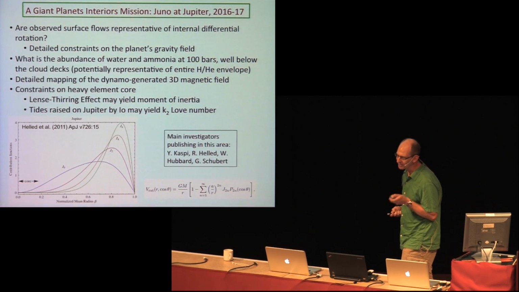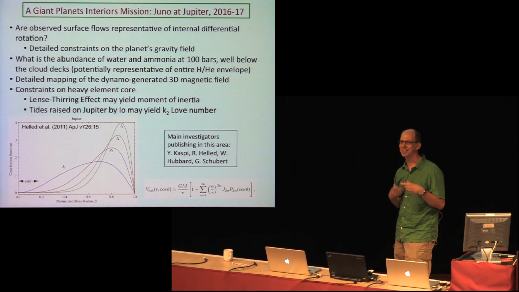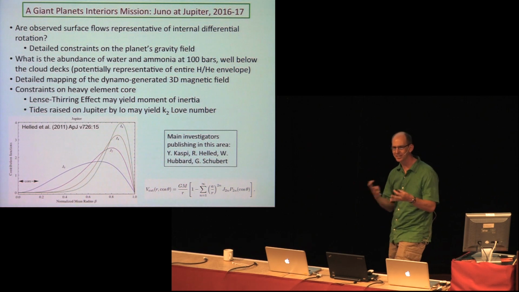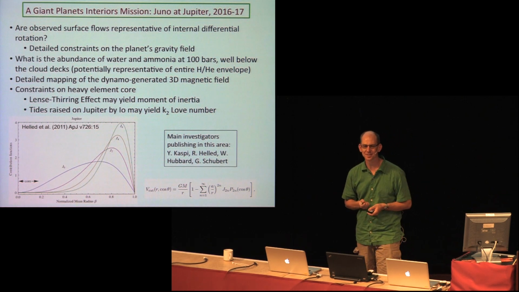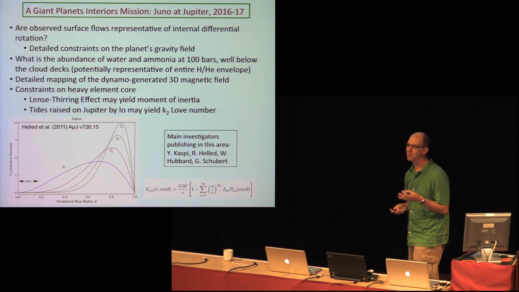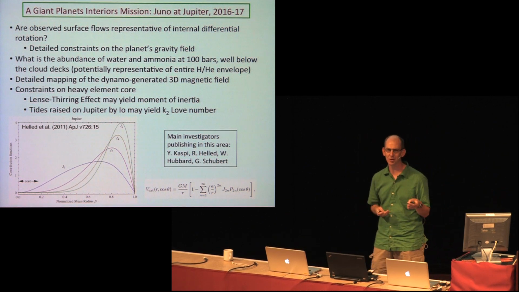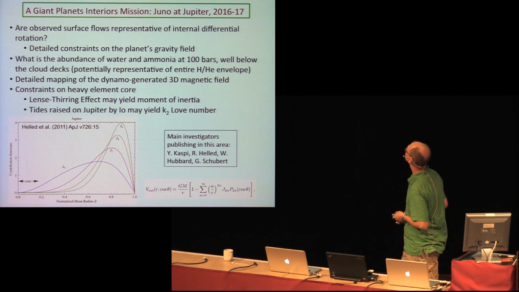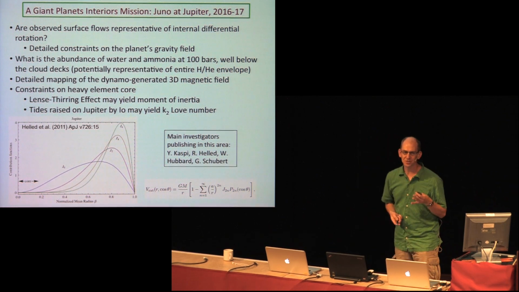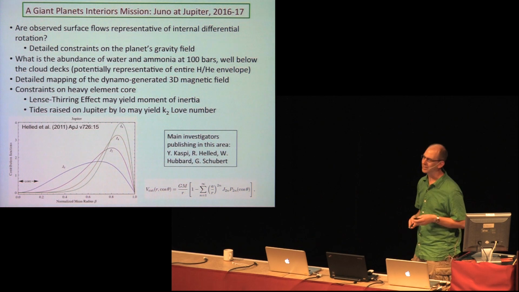So I wasn't going to talk about this, but I think you all should know about Juno, because it's a $1 billion NASA mission, so I decided to slip this in. So Juno is going to Jupiter in about 2016. It is, for the most part, a mission to probe the interior of a giant planet. And so the main questions that Juno's going to try to answer, and it's going to be at Jupiter for about a year,